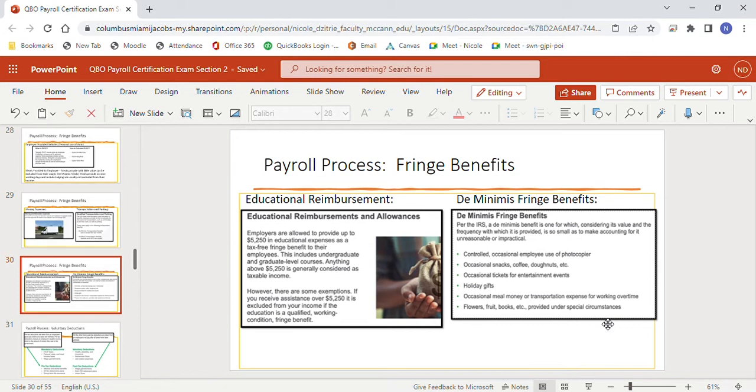And then this was what I was saying. We have a list here, and they have it as if you use the photocopier, or if your company provides breakfast, coffee, donuts in the morning, snacks, occasional tickets to entertainment events, or small holiday gifts. Occasional meal money or transportation expense for working overtime, or flowers, fruits, books, or any of those type of small gifts, those would not be considered